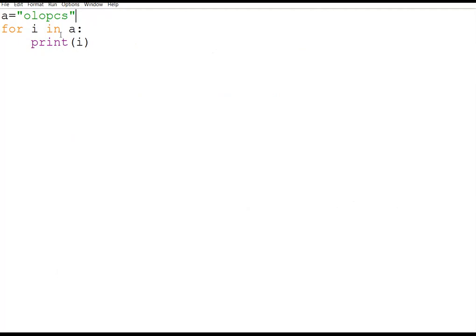See, what you have to understand is that you are now able to fetch each and every character individually. So if you need to count, you can take your counter initially as 0 and then for i in a.